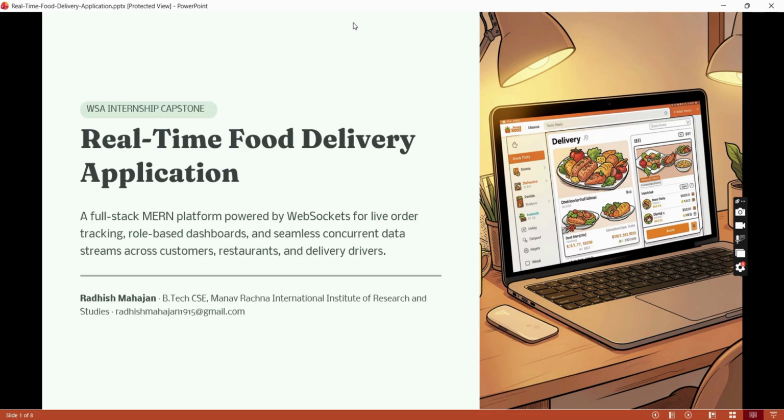Nowadays, many food delivery applications like Swiggy and Zomato provide real-time updates to the customer. For example, when the restaurant accepts an order or starts preparing the food, the customer immediately receives the update. Now, I wanted to build a similar system where users can place orders online and receive live order status without refreshing the page. To achieve this,